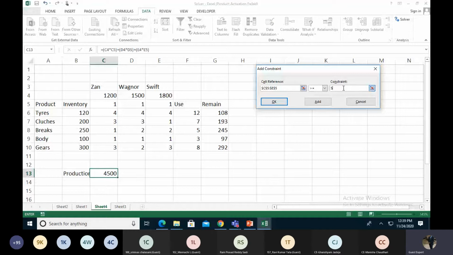Zen, Wagoner and Swift Desire, we need 5 cars because when they do the calculation, sometimes they put the Zen as 0, Wagoner as 0. We need that Zen, Wagoner, at least they create 5 cars each of them. Then add these things.